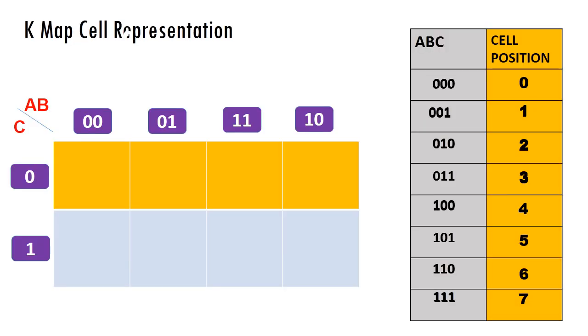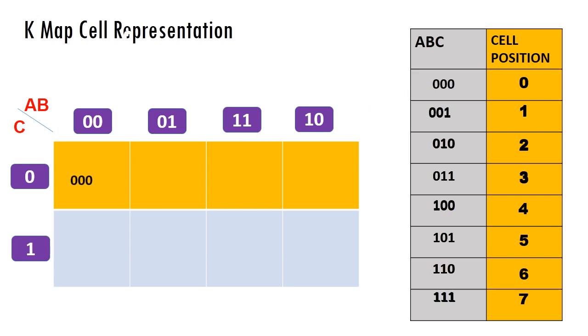The truth table provides the basic method of describing the Boolean function. It contains a row for every combination of the variables and prescribes the value of the function, 0 or 1, for each of these combinations. For the three variable function f of a, b, c, whose truth table appears in the figure, there are 2 power 3 combinations, and the values of the function for each of these combinations are listed in the right hand side column.